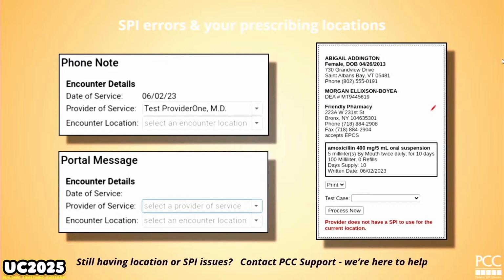So by the time you get to ERX, we need to know what location you're at, simply for that SPI and the transmission of the prescription to the pharmacy. If you open up a new office, we take care to try to make sure that that's all set. You might open up fake locations like telemedicine. That's where this one happens. When you add a new location, you have to go into the ERX panel and add that location to your ERX profile in order for that to work.